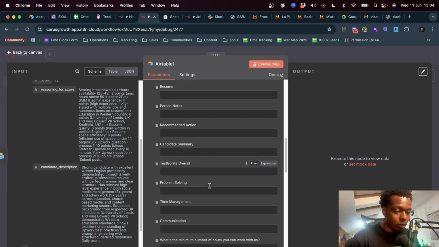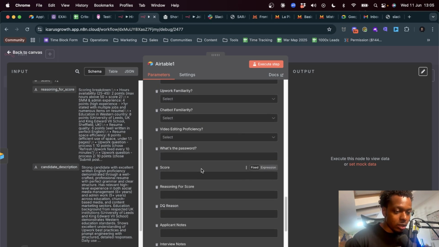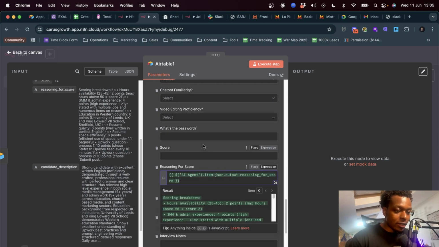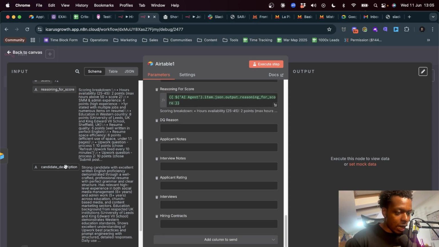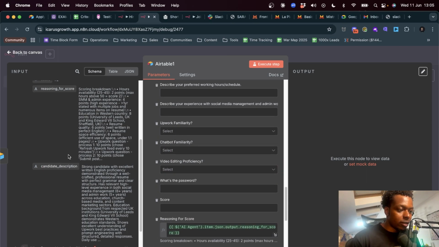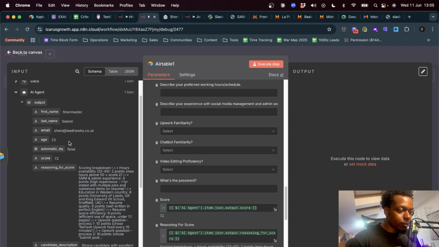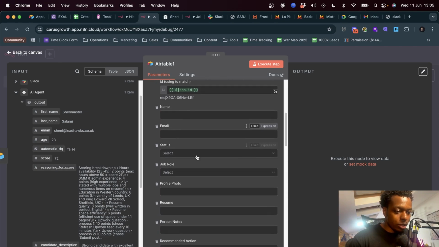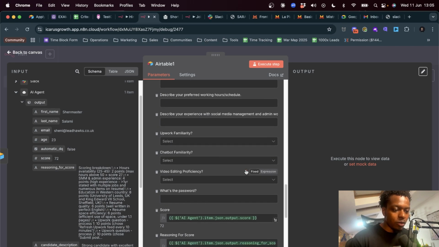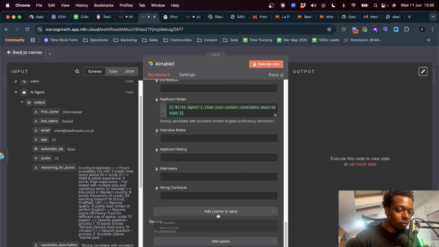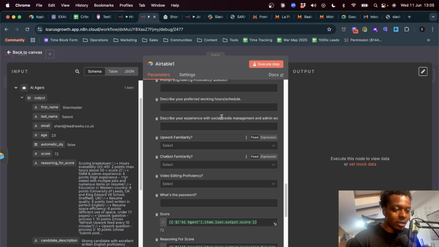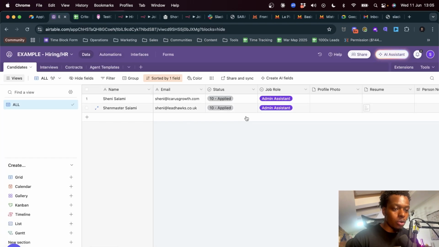record. So we have a reasoning for the score, which is going to be somewhere down here. We have a candidate description, which we actually don't have a specific place for, but we can just put it in applicant notes for now. And the rest of them are the score, which we put in here, which was 72. And then we have age, which funnily enough, we don't have a field for, which is kind of stupid. So yeah, we'll need to add an age field there. And an email, first name, last name is also left alone. So now if I execute the step, I will get the score added